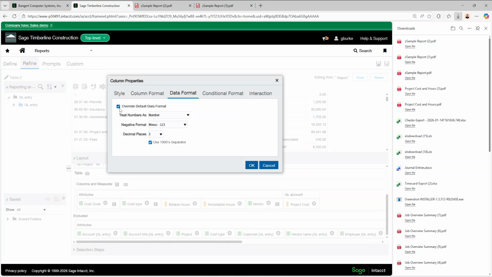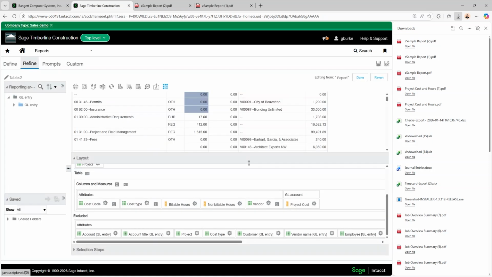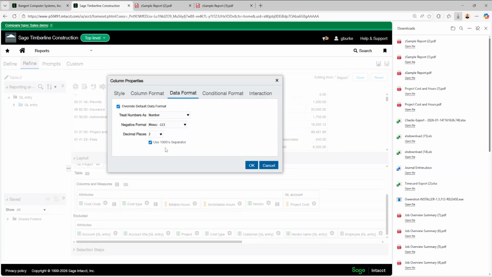So I don't need to click that, though normally that would not be clicked. But here I can change the decimal places from 2 to 0. And I'll go ahead and do the same for non-billable hours.